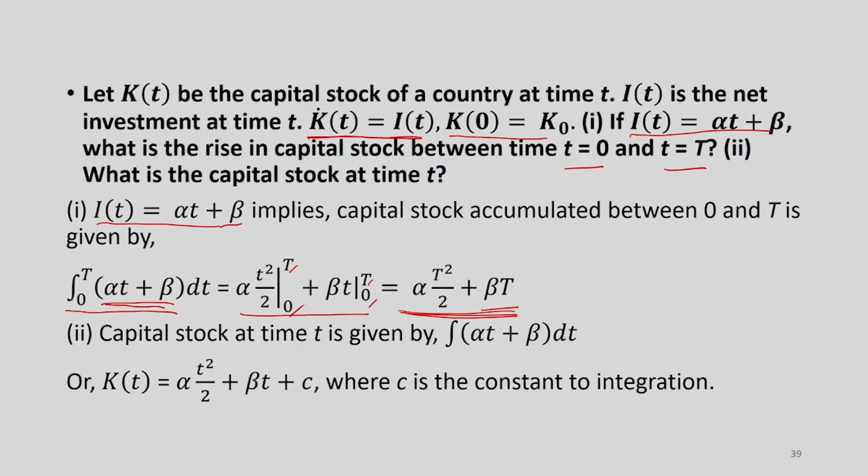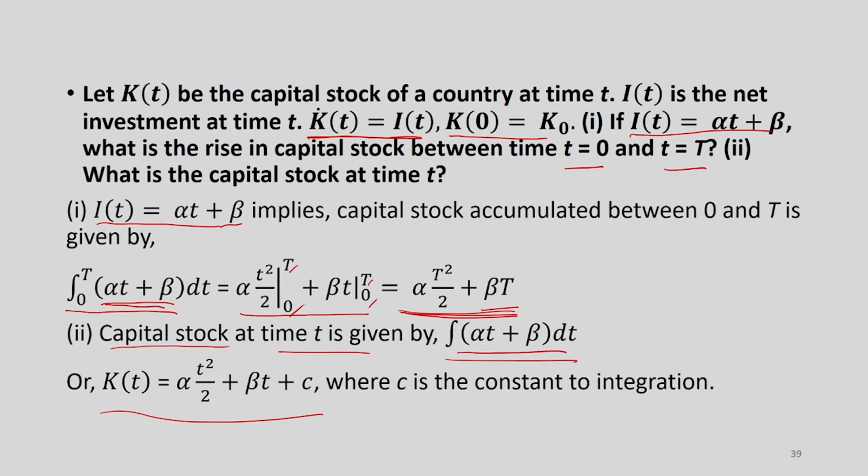The second part is what is the capital stock at time small t. Well, that is found out by taking the indefinite integral of the investment function. So, this is what we are doing, we are taking the indefinite integral of alpha t plus beta. Here remember, we are not interested in the rise of capital stock, we are just finding out what is the capital stock at a particular point of time. So, that is why we are doing the indefinite integral, and we get this result